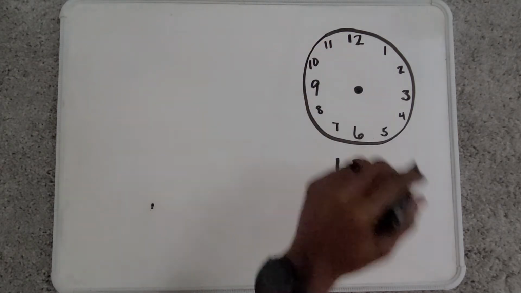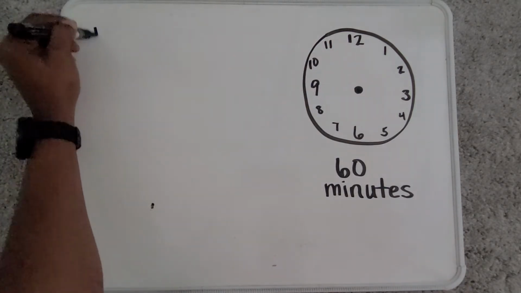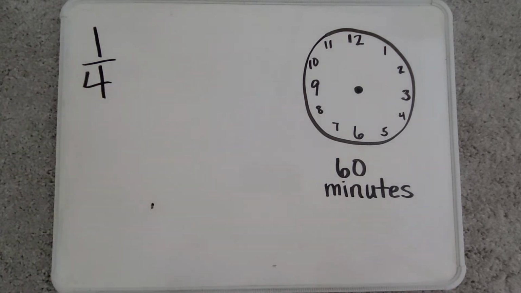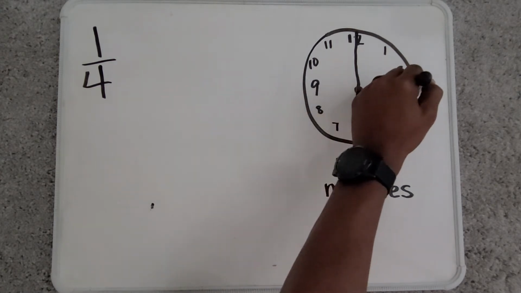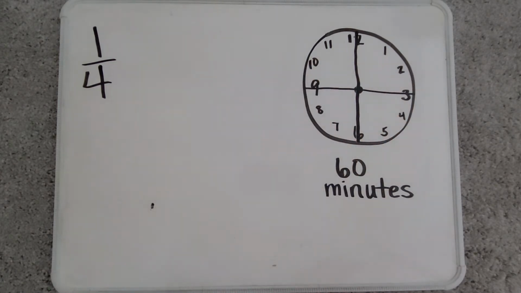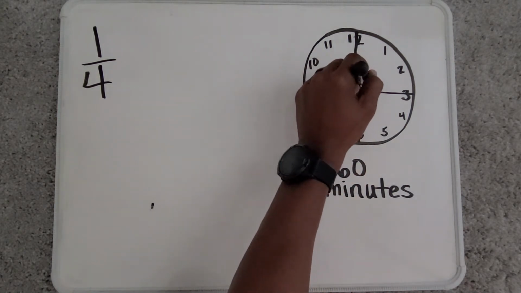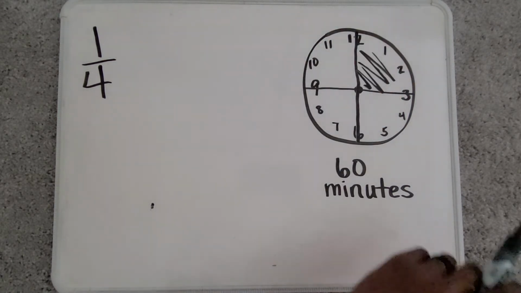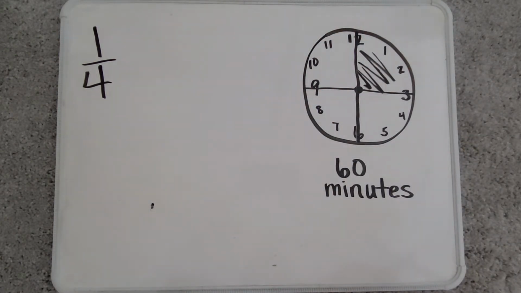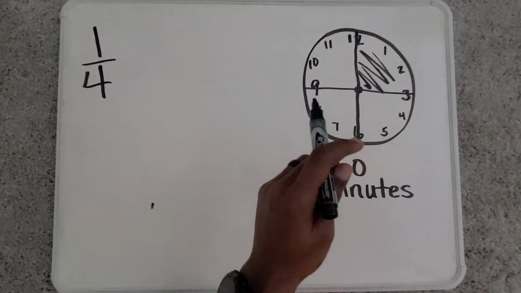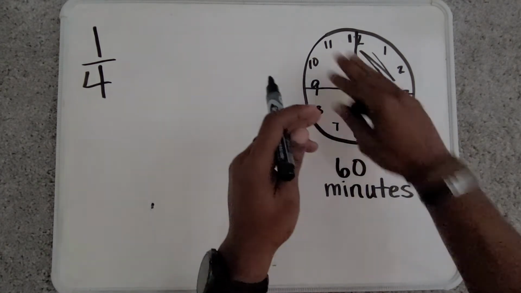So if we want to look at 1/4 of the circle, or 1/4 of the clock, we would take this clock and we would divide it into fourths. So that lets us know we're only looking at this portion of the clock because we're only looking at 1/4 going from 12 to 3. And now when we want to determine how many minutes is in 1/4 of an hour, or 1/4 of the 60 minutes of the complete circle,